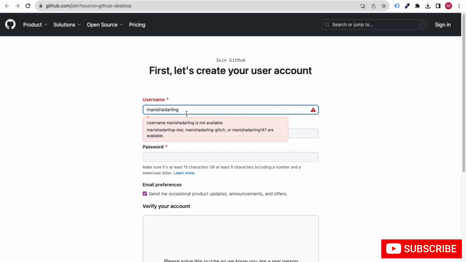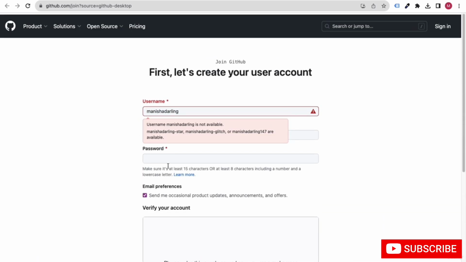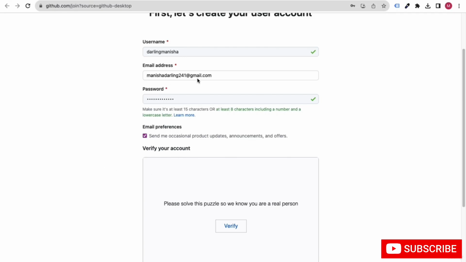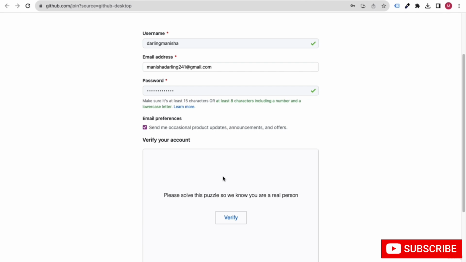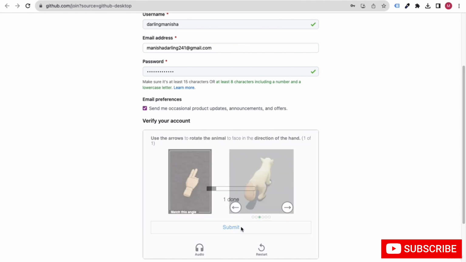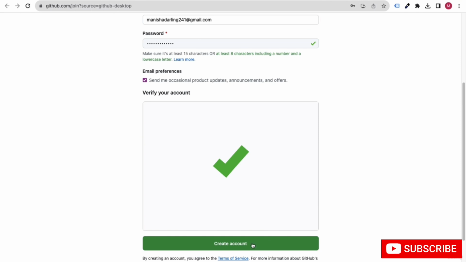We can put something else, but you have to set it and verify it to create your account on GitHub. After you set the username, password and email, click on the verify button. Great, all done, we are verified. Just click on the create account button.